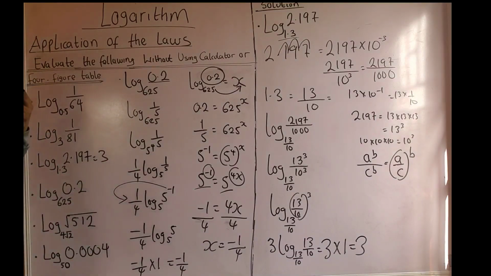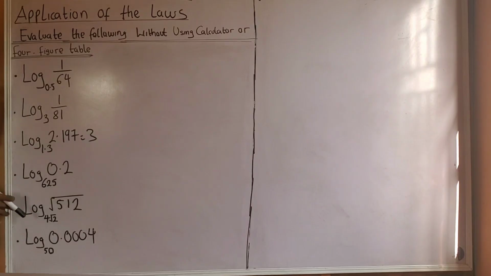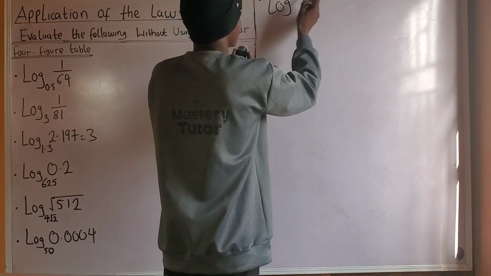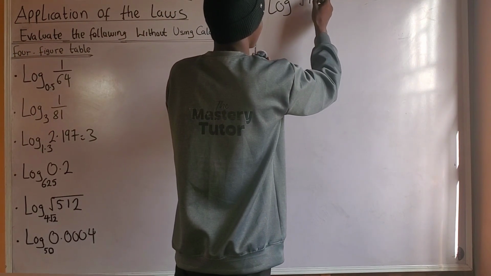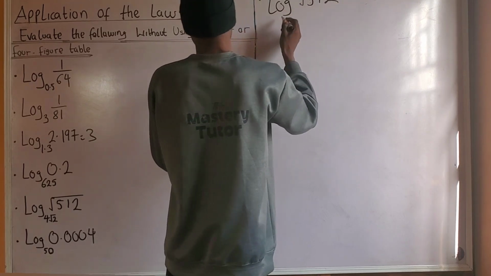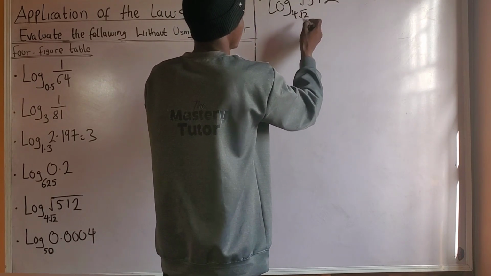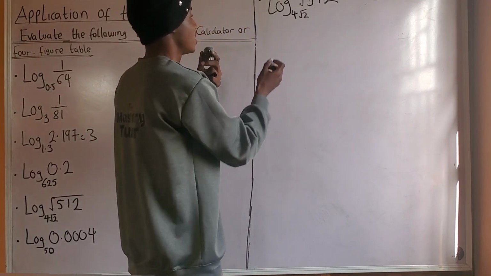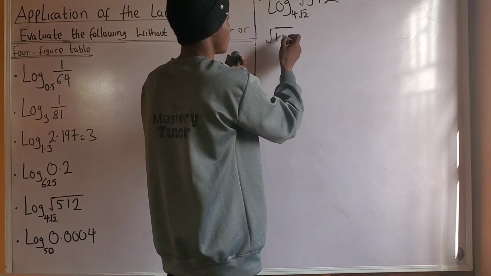So that's the solution to that question. We have log square root of 512 base 4 root 2. Now, listen to me carefully. The first thing I want to do now is that, don't forget that square root of 512